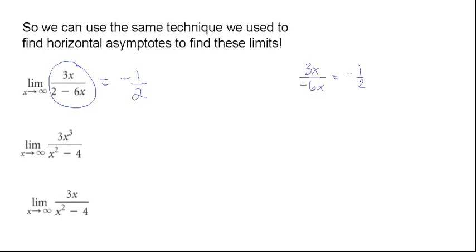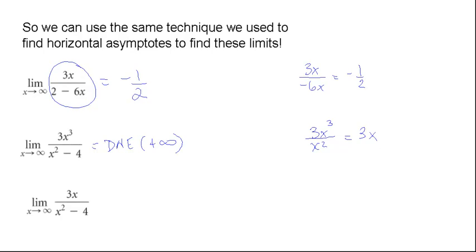But this is an algebraic or sort of an analytical way to take a look at it, rather than numerical. So let's try again. The next one is the limit of 3x cubed over x squared minus 4 as x goes to infinity. So again, I'm going to take the leading term, which is 3x cubed over x squared, and when I simplify, I end up with 3x. What happens then to 3x as x gets very, very large? 3x gets very, very large. It's going to blow up. So as x gets huge, 3x will get huge, and so this does not have a limit. And we, in fact, know that it is an infinite limit, and that's positive.